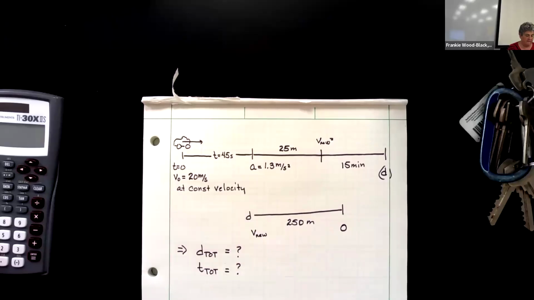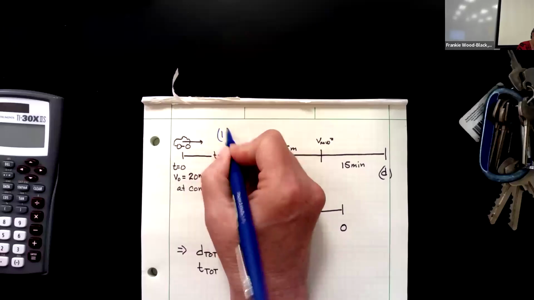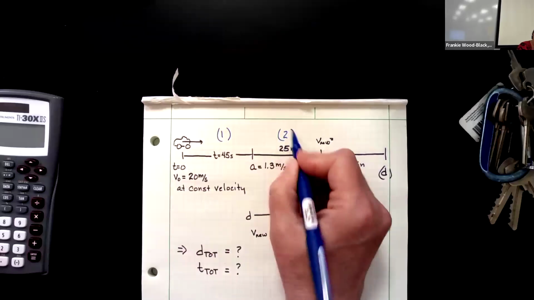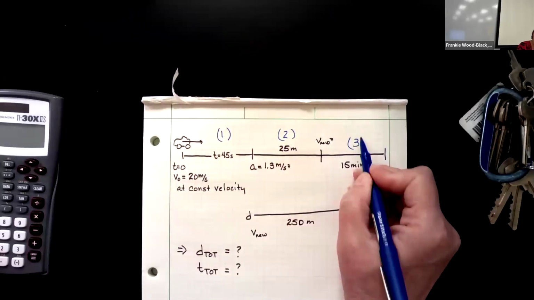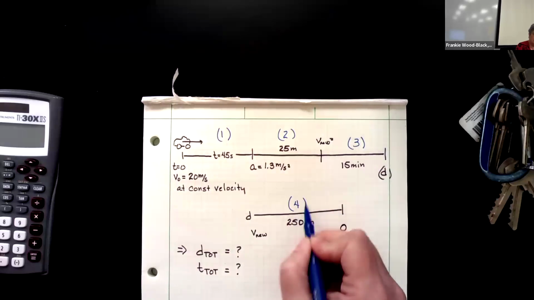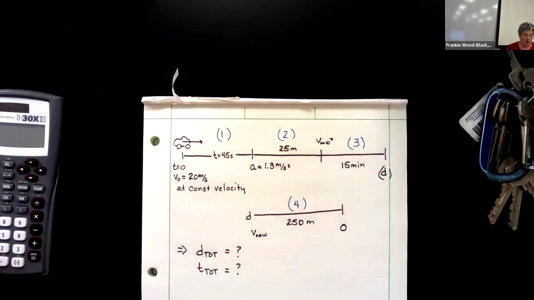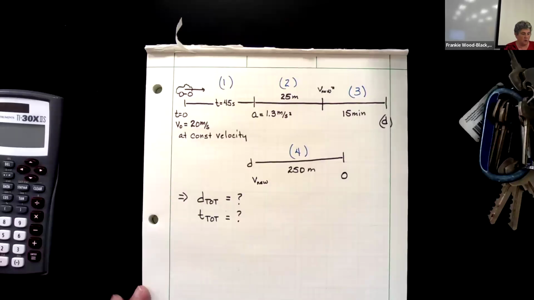I essentially have 4 different linear motion problems. This one is item 1, this one is item 2, this one is item 3, this one is item 4. So I'm going to have to solve for different parts of this to get the total time and